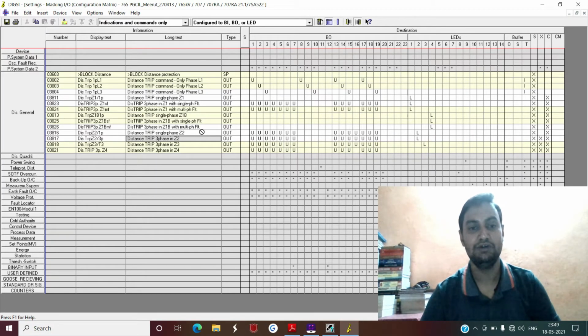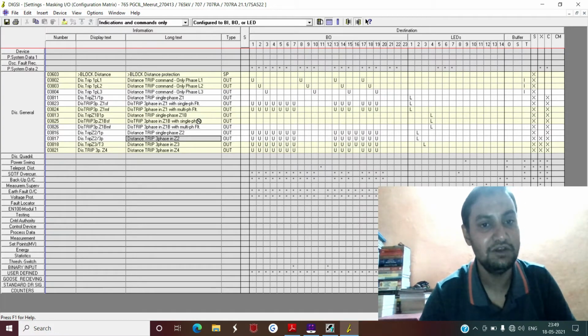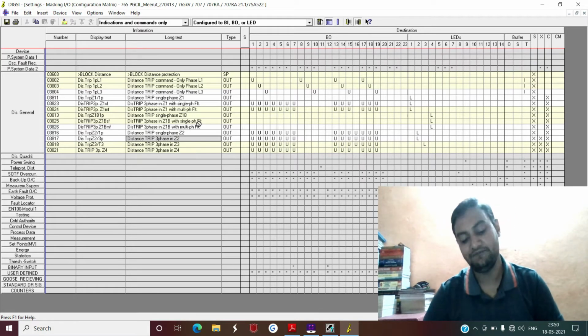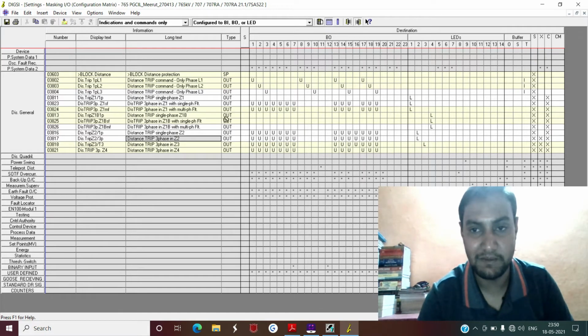That means you will issue 3-phase trip commands. Or like in zone 1 itself, in zone 1B also there can be a situation in which, due to some of the configuration inside the 7SA5221 relay or due to some missing signals, like the most important missing signal, your single phase trip permissive signals. If those signals are missing, then it might happen that for single phase to ground faults in zone 1B, your relay might issue a 3-phase trip command.